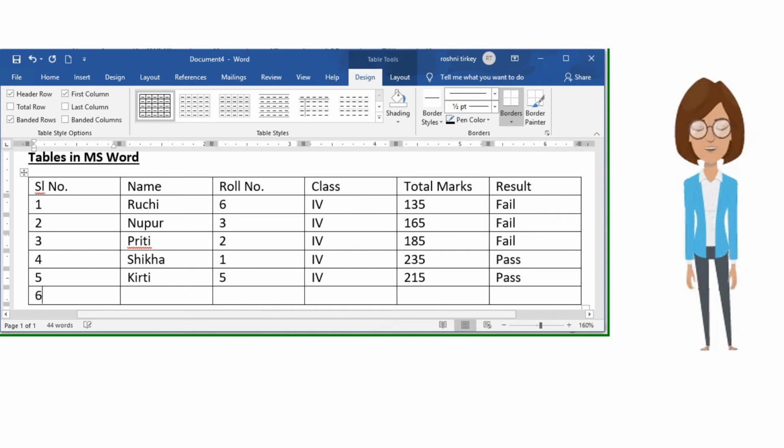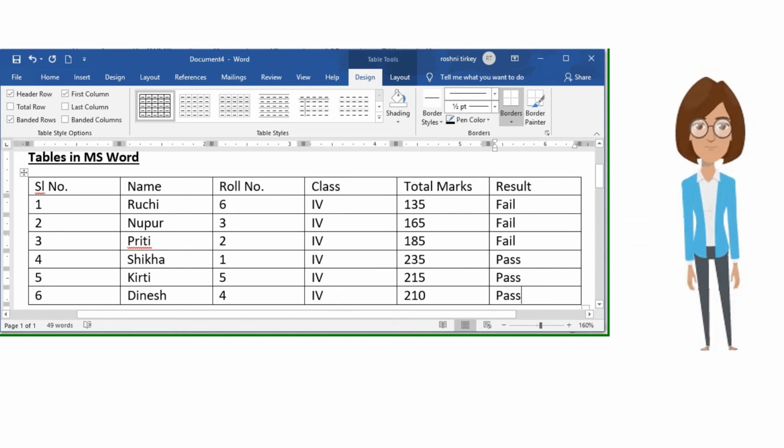Serial number 6, name Dinesh. Roll number 4, class 4, total marks 210, result pass.